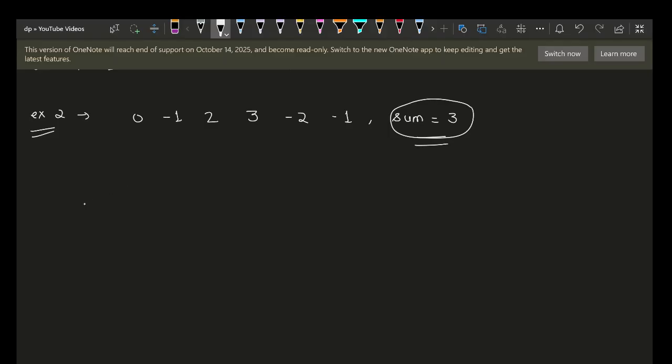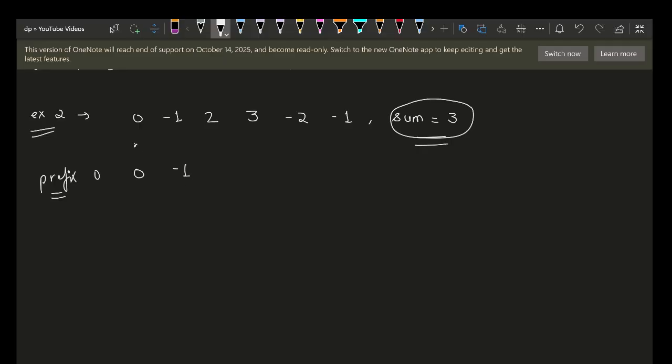Okay. And also since we want the sum, we'll be needing a data structure to store the sum. So for starting, let's just start with having a simple variable sum. At the initial position, the sum is going to be 0. At index 0, the sum becomes 0. Here, sum becomes minus 1. So again, at this index, we are going to see that does the